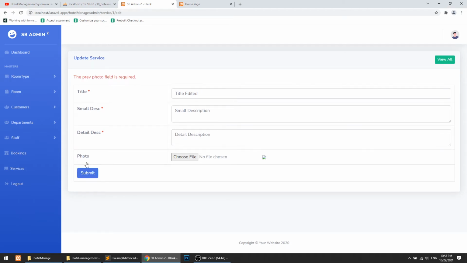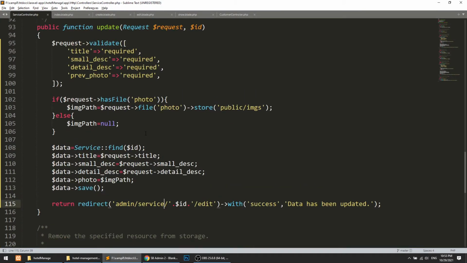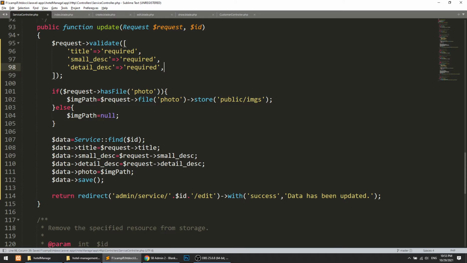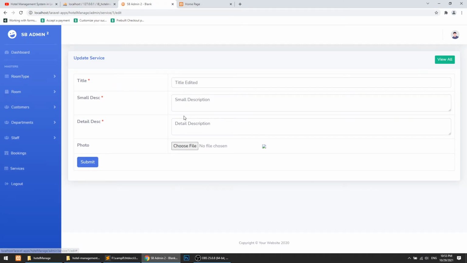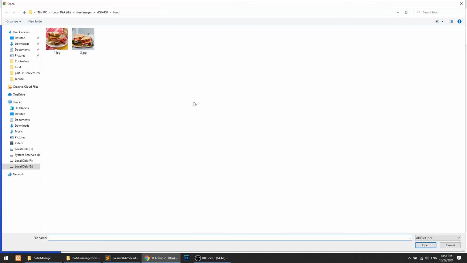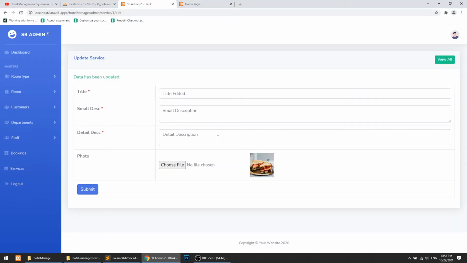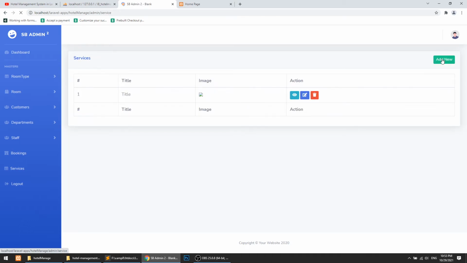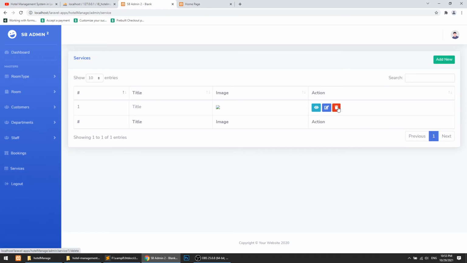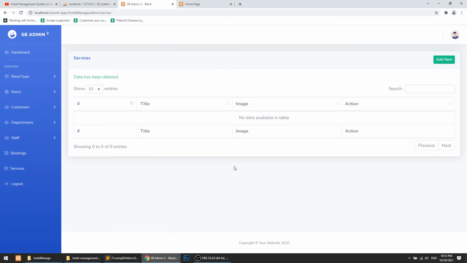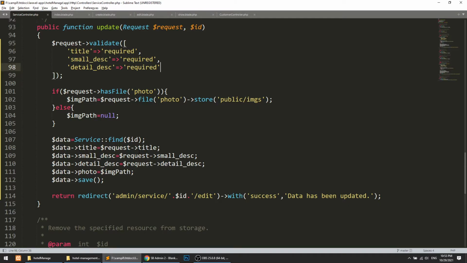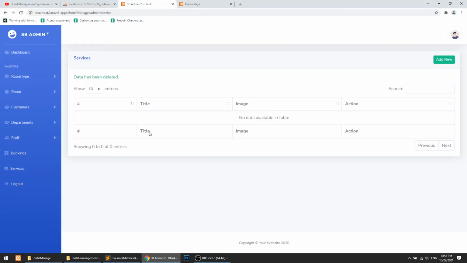Let's remove this field, it is creating disturbance for this form. Submit. Now edit again, submit. Fine. Now go to view all and try to delete this. Delete. The data has been deleted, so we have successfully implemented our services CRUD.